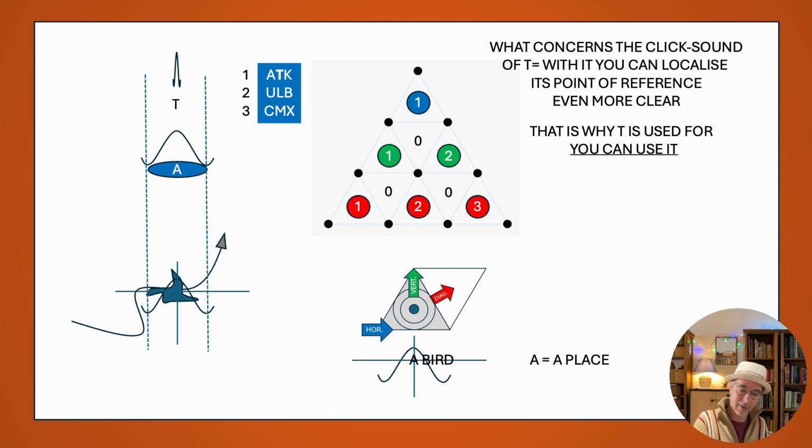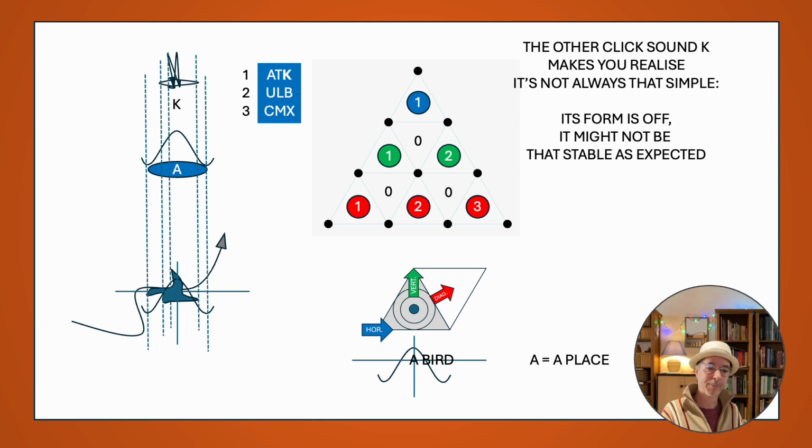And that's the secondary association that you have there, which is important and which has a reason why you say, okay, this is about a functional placement. It's a functional placement, as I said. And here you can see why it is so, because from here onwards, I can use it. With A, you only have somewhere localization. It's that estimation, because you're still approaching the point, the real reference point. With T, you really have the reference point. And the K, the next letter, you have ATK, is